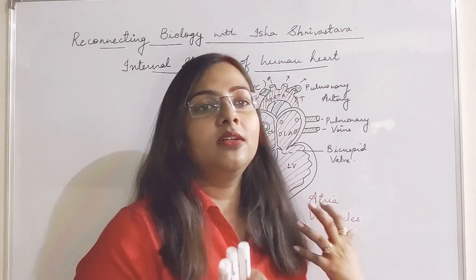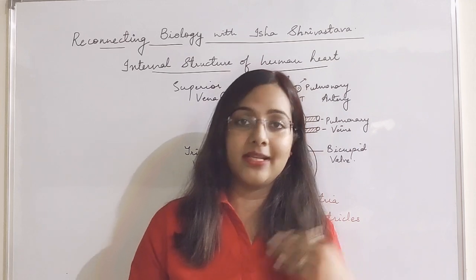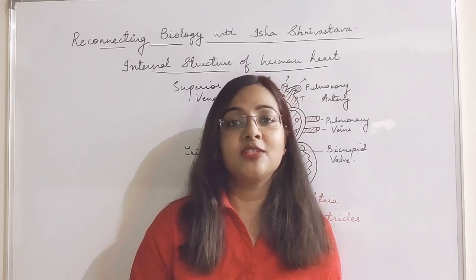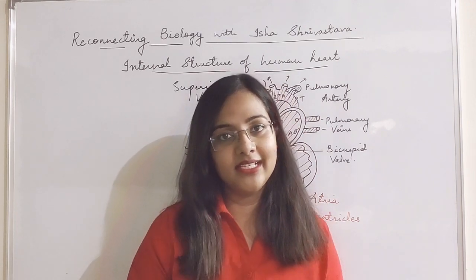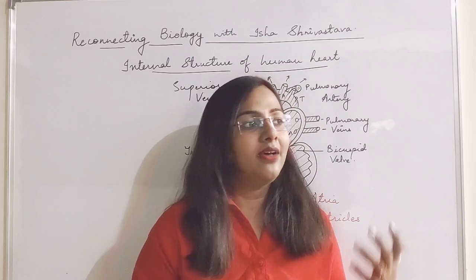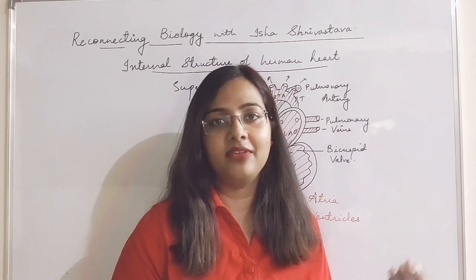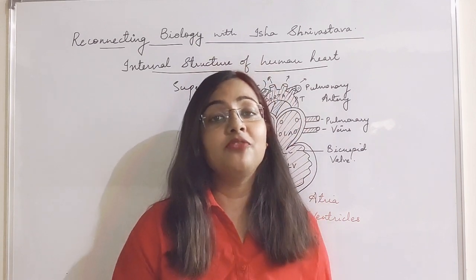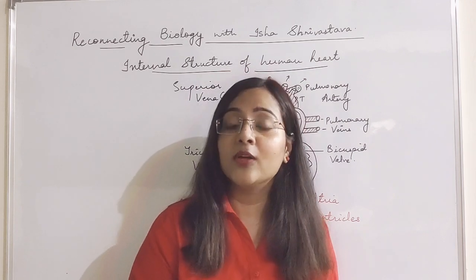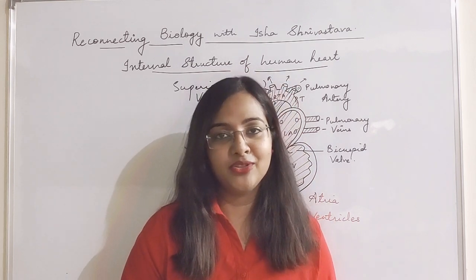We'll study the flow of blood from the atria to the ventricles, from the ventricles to the lungs, from the lungs back to the heart, and from the heart to the other parts of the body in the next video. It's not possible to compile everything into a single video in a very short span. I need to explain it in a little more detail. Although I've mentioned some details in the diagram while explaining it, the actual movement of the blood, the flow of the blood, and how oxygenation happens in the lungs will all be given in my next video that I will upload very soon.